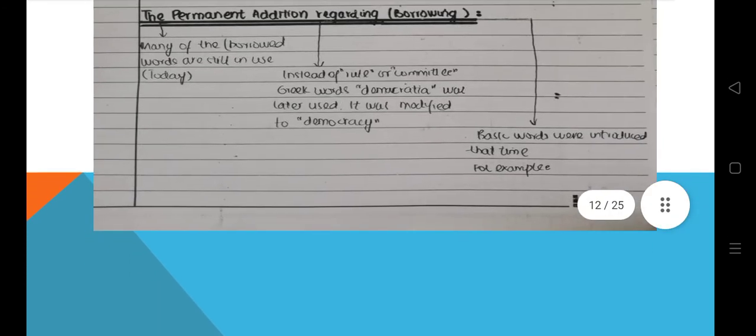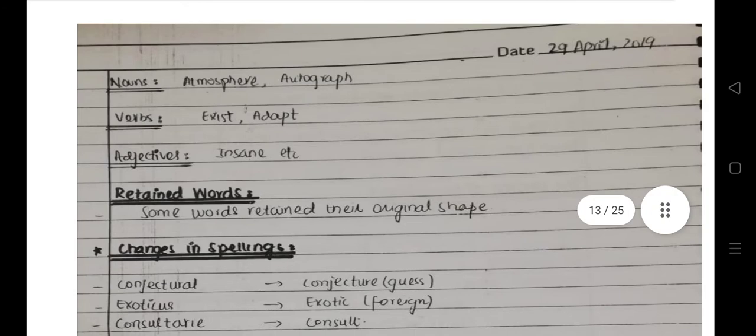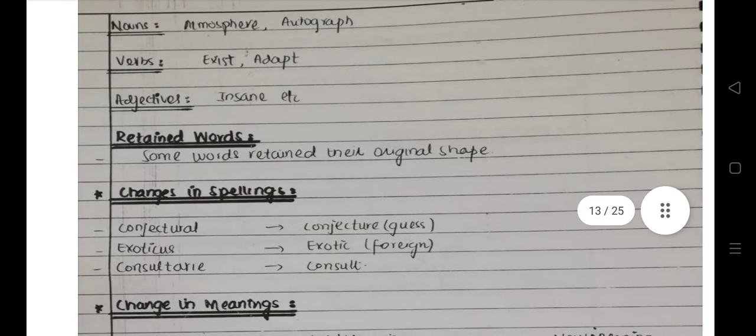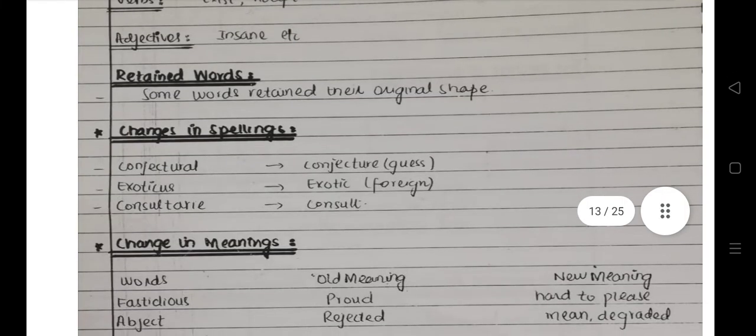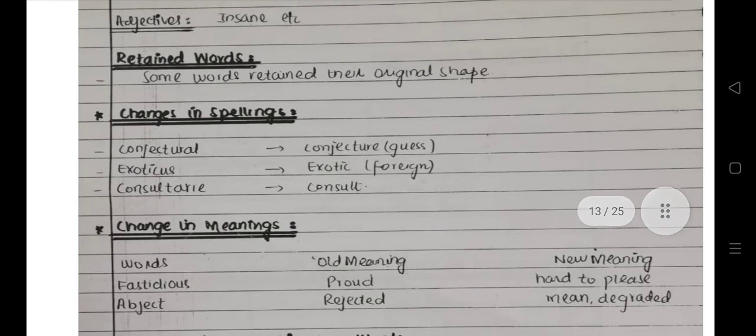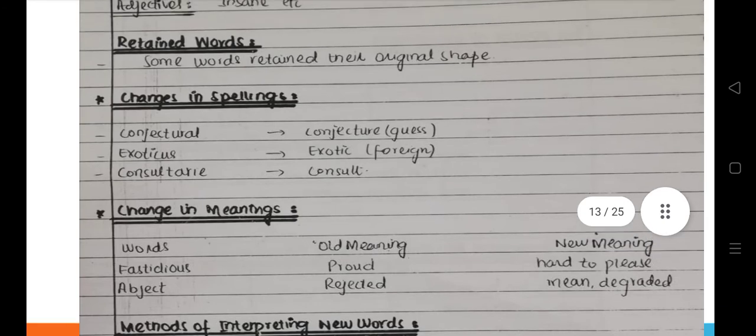So we'll see changes in language, changes in nouns, verbs, adjectives, lexical features, semantic features. These can all be discussed in detail in my video, difference between Old, Middle and Modern English. I'll give you the link in the description. You watch that. Covering each and everything in a single lecture is not possible. It takes time and a lecture becomes boring if it gets too long.